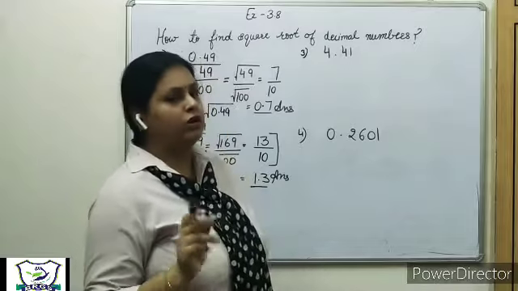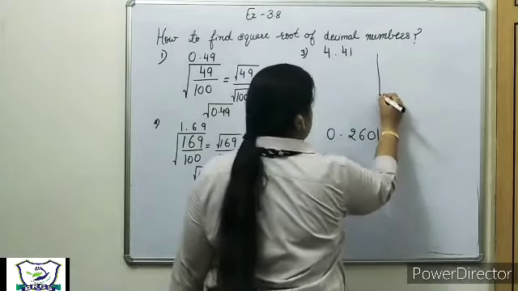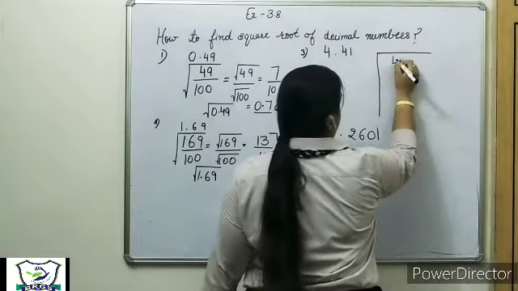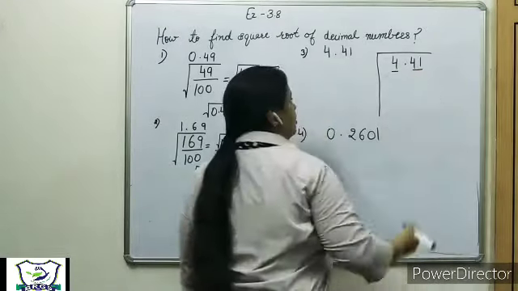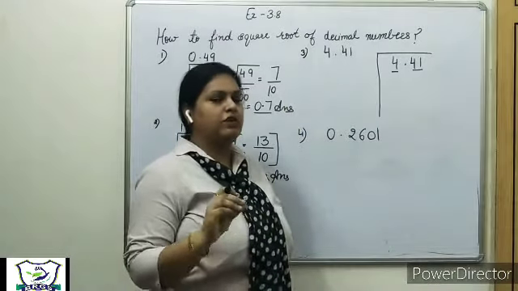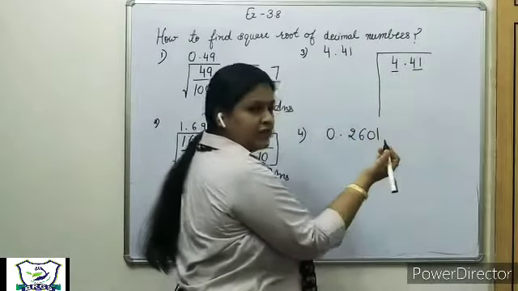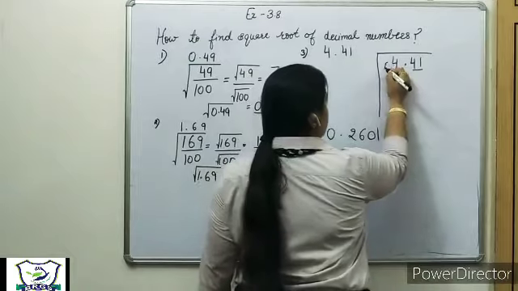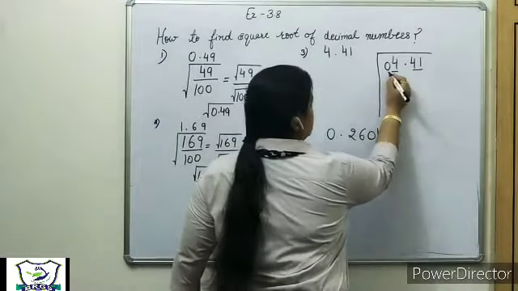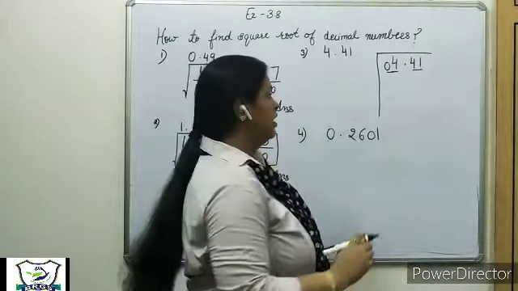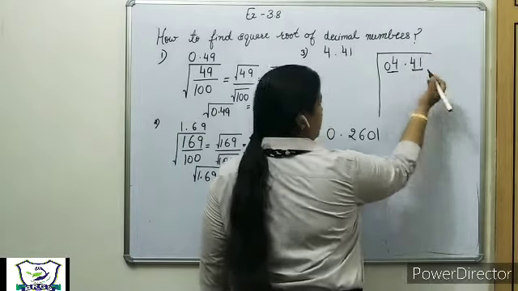4.41. The division method you are already aware of, but in the case of natural numbers. For decimal numbers, let's start with 4.41. This is the decimal part and this is the whole number part. You know in this method we have to do pairing of two numbers. First, in the whole number part, there is only one digit. To make a pair, we will put 0 here. Now one pair is complete. It is 0, 4. 0, 4 means 4. Thereafter in the decimal part, we have only 2 digits, 4, 1. So we have one pair.